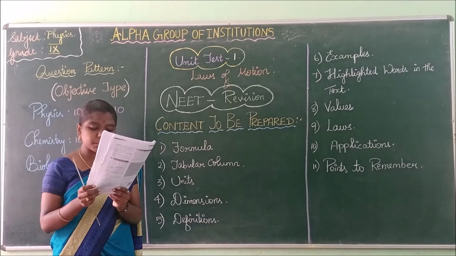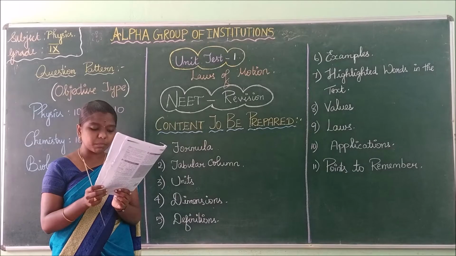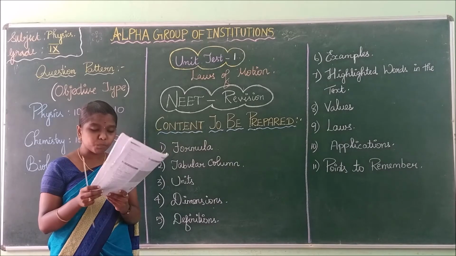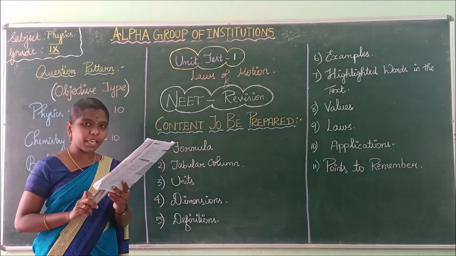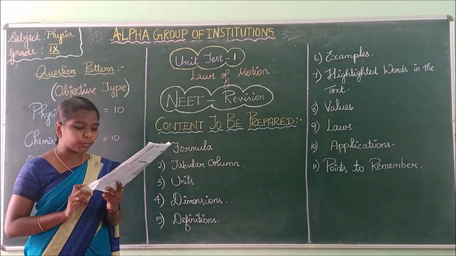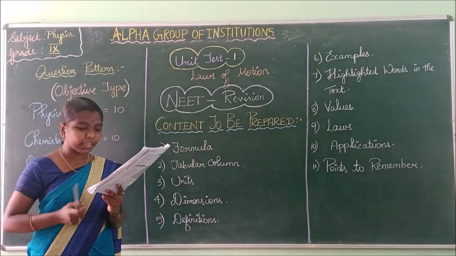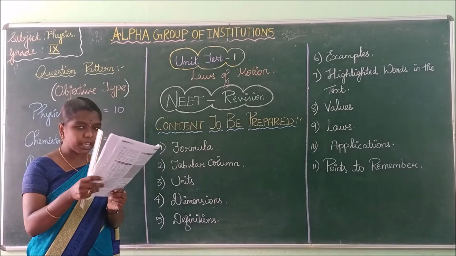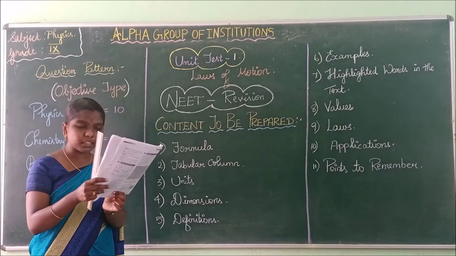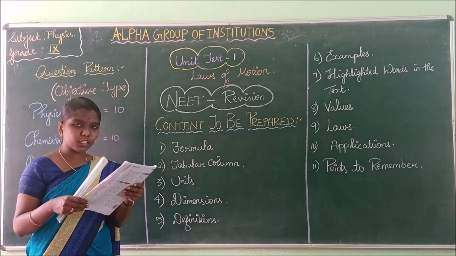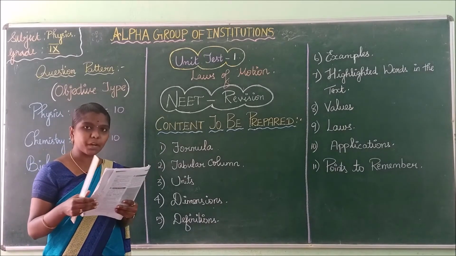In the CGS system, the unit is gram centimeter second power minus 1. You have to be conscious of the system that is being asked. If they ask in the SI system, you have to write kilogram meter second power minus 1. If they ask in the CGS system, you have to write gram centimeter second power minus 1. Is it clear? Have you all marked?